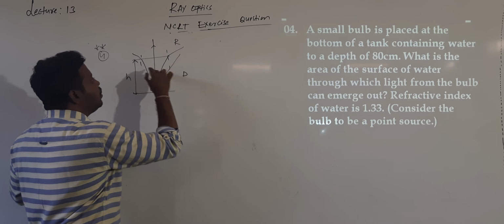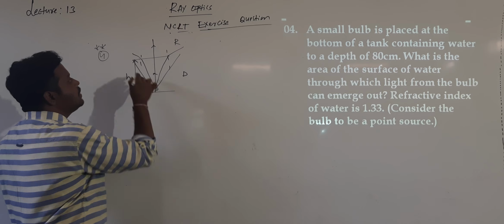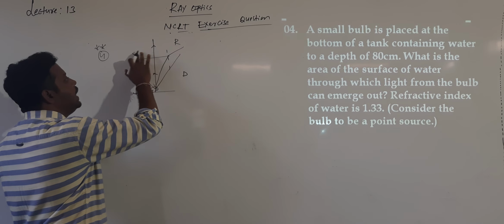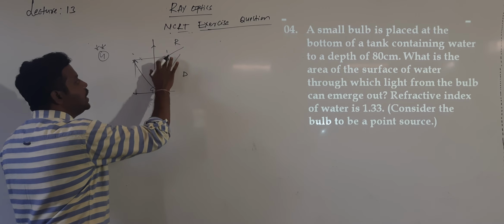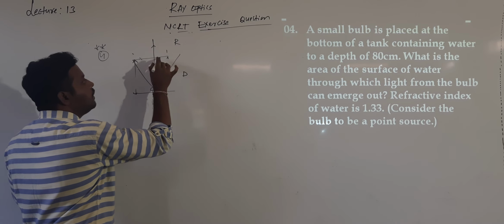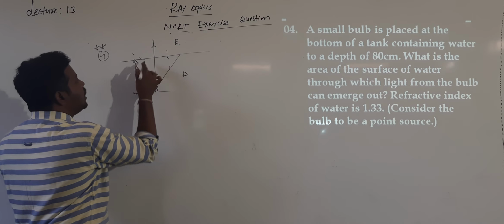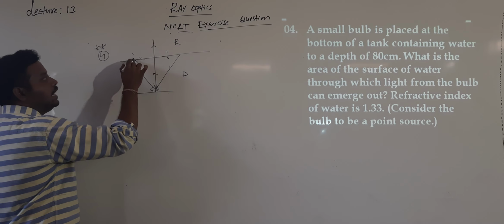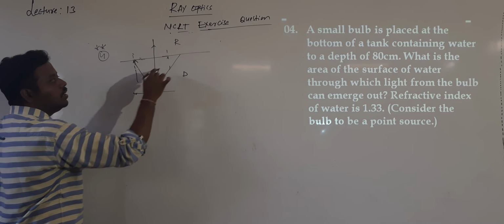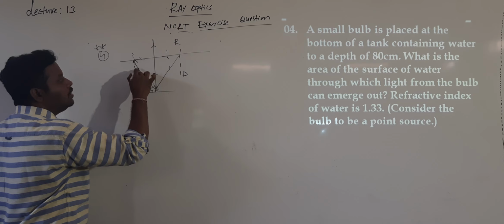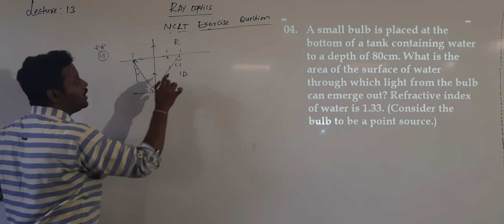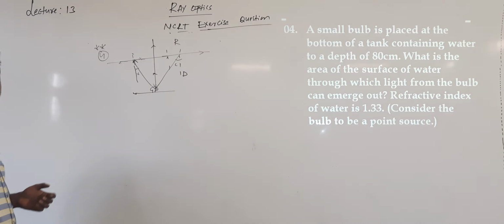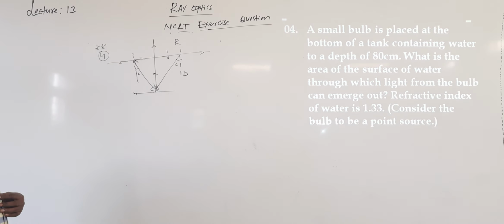When we make the light ray incident at an angle of incidence exactly equal to the critical angle, I will show only the diagram. This is the interface, and the light rays are coming from the denser medium. If the angle of incidence is exactly equal to the critical angle C, then the light ray grazes the interface. That is the total internal reflection definition.